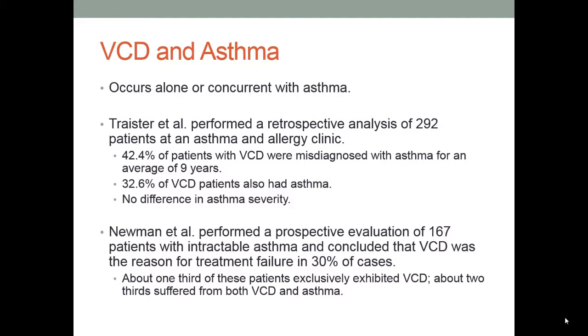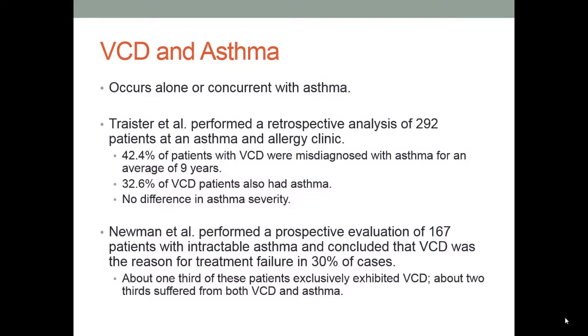It's also been shown to be either occurring alone or concurrent with asthma. A retrospective analysis of almost 300 patients at an asthma and allergy clinic that were diagnosed with vocal cord dysfunction. Of those patients, 42% of them were found to be misdiagnosed with asthma for an average of 9 years. Almost a third of these patients also had asthma. Between the groups that had vocal cord dysfunction and asthma, there was no real difference in asthma severity for their